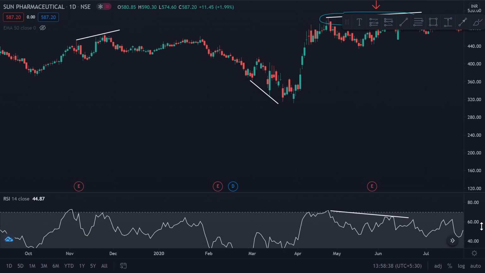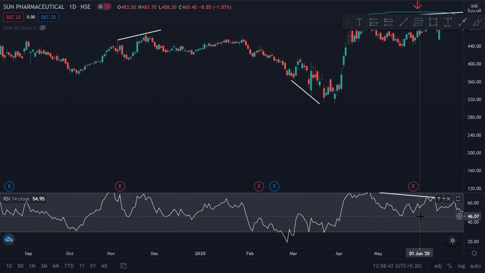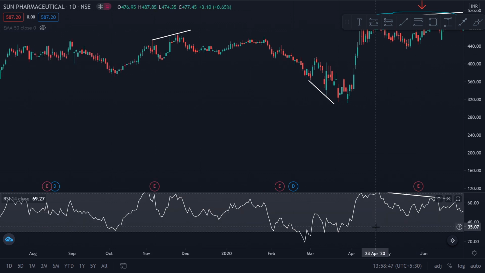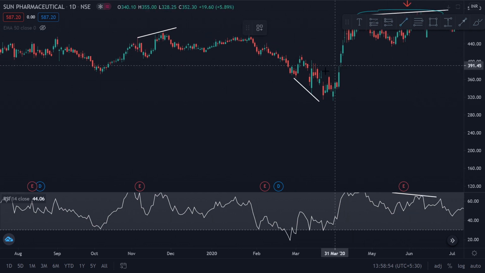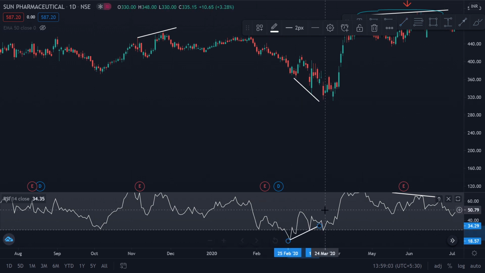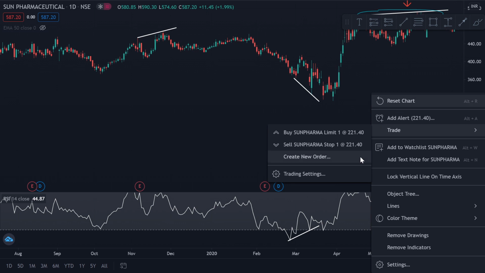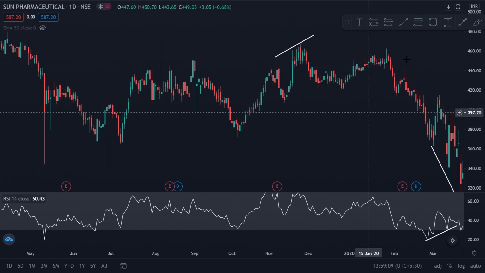You can go in charts and look around and see for yourself what the probability of this is, and see if you could inculcate this in your trading strategy to take you one step closer towards becoming a profitable trader. Right, now this again I'll quickly go through: lower highs and lower lows, but if you observe the RSI, this is coming down and this is going up, clear bullish divergence, and you can see what happened next.